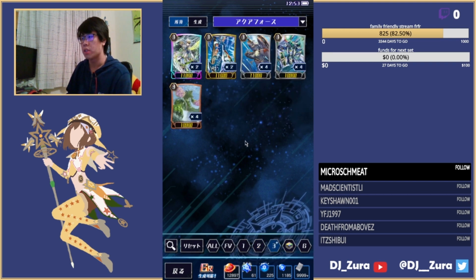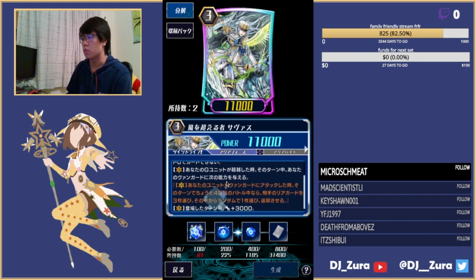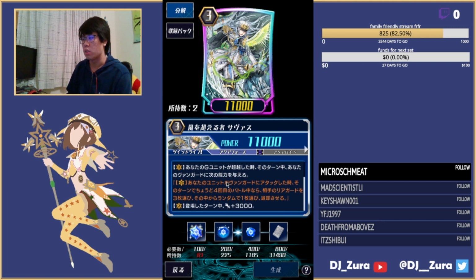And then onwards to grade 3s. We have Mr. Thavas himself. So his skill is GB2. When this unit attacks a Vanguard, if it's the 4th battle of that turn or more, it gets a crit, and your punishment guard is grade 0, so grade 0 strict. And then his other skill, your stride bonus skill, is you give the unit that strided